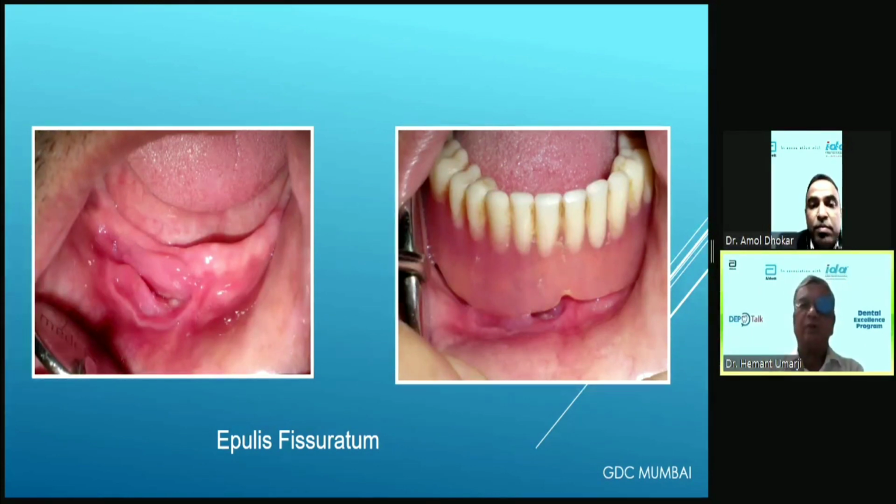So this is a typical condition. What happens is, as the patient keeps on wearing the denture for a longer time and keeps on biting from the front of the mouth, the anterior ridge becomes resorbed, and the denture sinks inside. The ridge becomes smaller and the denture sinks inside, and the periphery starts biting into the sulcus, and it gives rise to irritation like this. It looks like a quite rolled-out margin and looks dangerous, but actually it is epulis fissuratum.